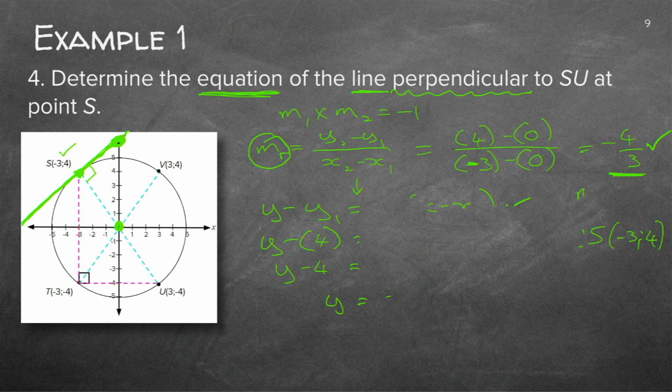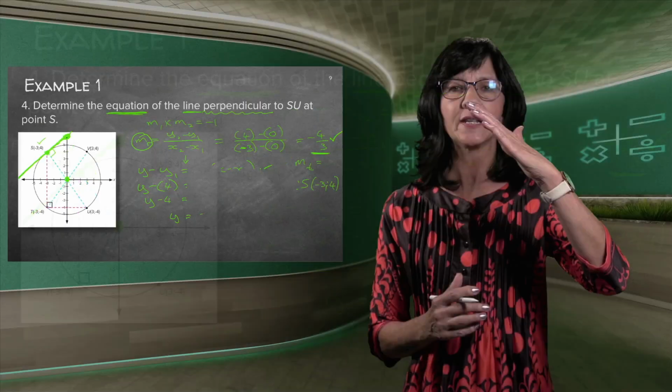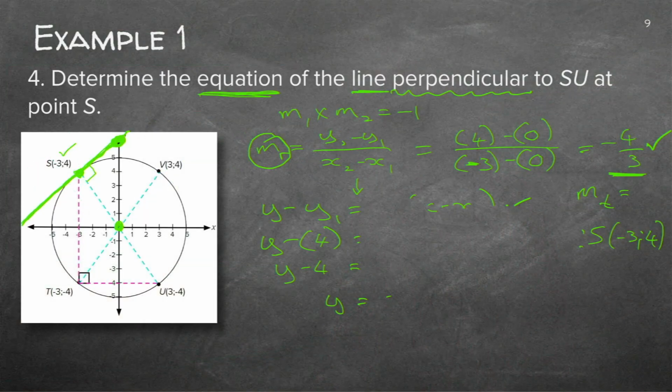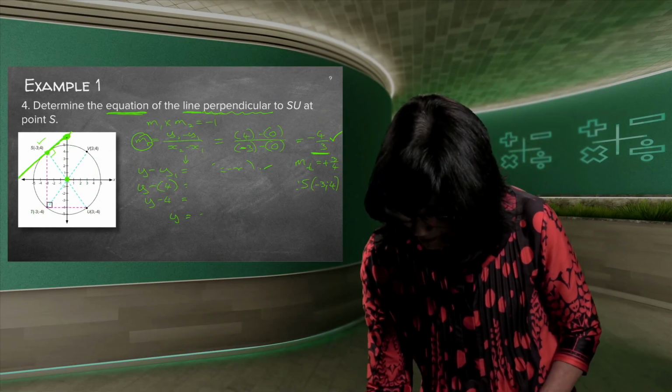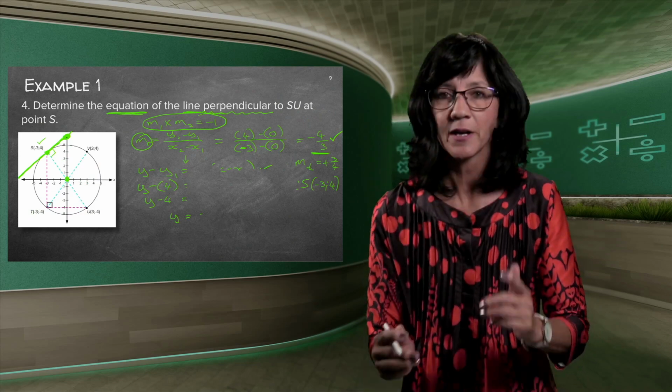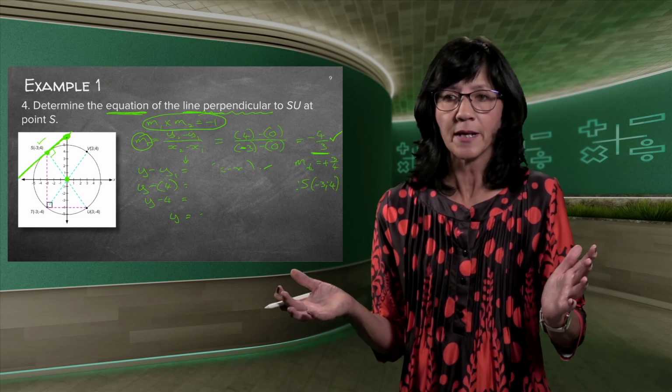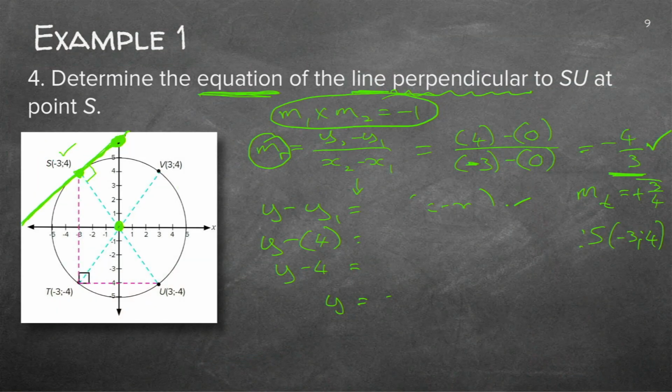I needed the gradient of, I'm going to call it tangent, because a line that only touches a circle we call a tangent, the gradient of the point S. And that should be plus 3/4, because remember that formula of ours? I wrote it down, but I never used it. So I also should have known, but why did I not use that formula yet? I need to swap around there. It's not a minus anymore, it's a plus, and then I swap around the 4/3, it's now 3/4.